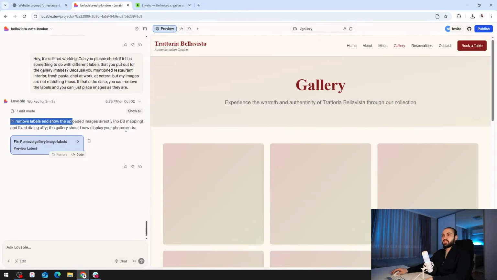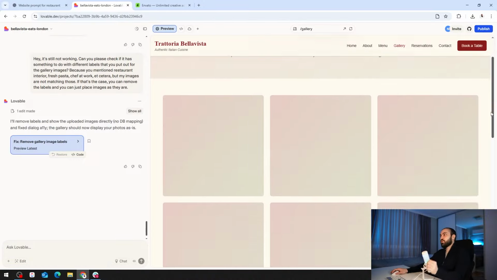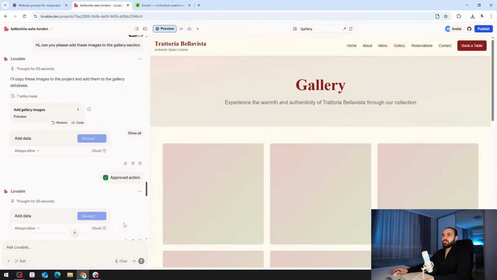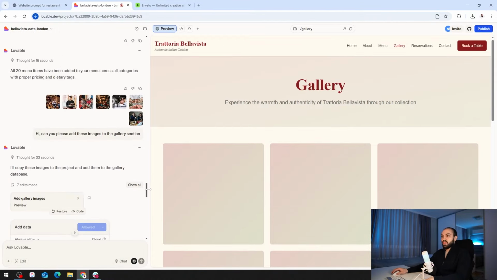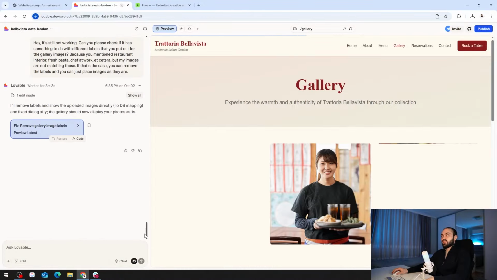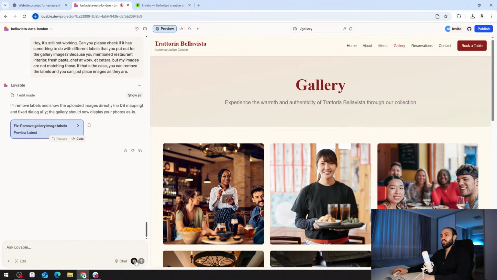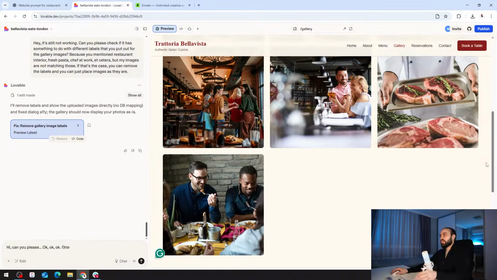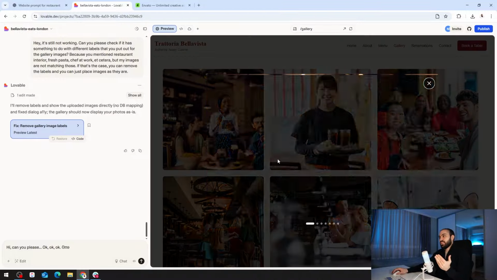Okay, so it processed it once again and it's still not working. So I think there's a problem with this gallery page. So I will ask it to redo the whole page and to input the images that I provided. Hi, can you please? Okay. It actually is working. There you go. So as you can see, you just need to prompt it a few times and it works